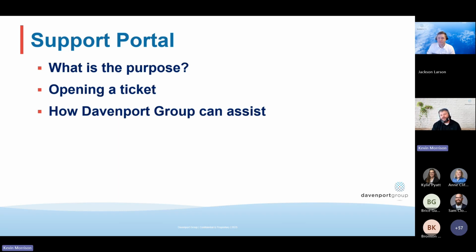Before I worked at Davenport Group, opening up Microsoft support tickets was a chore, right? You had to be Johnny on the spot with knowing when they might email you, and it's usually at 3 a.m., maybe 2 a.m., depending on your time zone. And they just close your ticket, and it's super frustrating. One of the things we want to do is make your lives easier, and we have a support portal, so let me actually start sharing that.